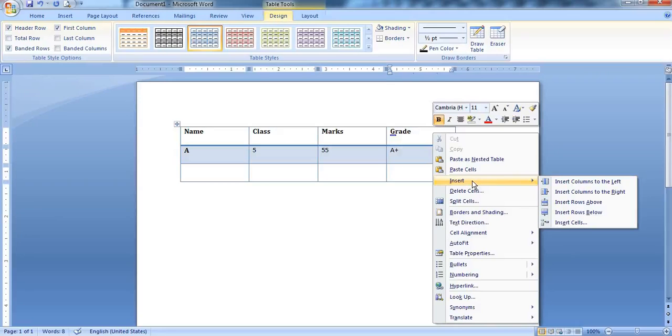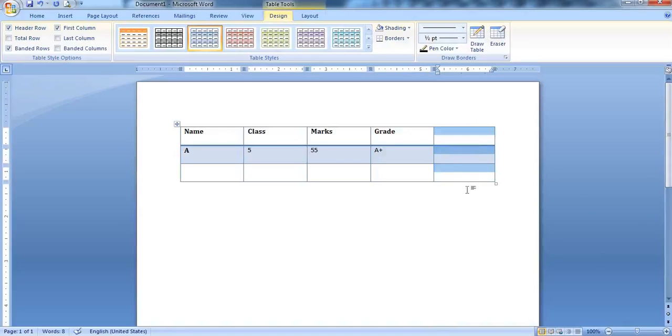If you want to insert columns to the left of this particular column, you have to select this option, that is Insert Columns to the Left. Otherwise, if you want to insert a column to the right of this particular selected column, you can select the option Insert Columns to the Right. So I am selecting Insert Columns to the Right. Okay, now you can see a new column is inserted.